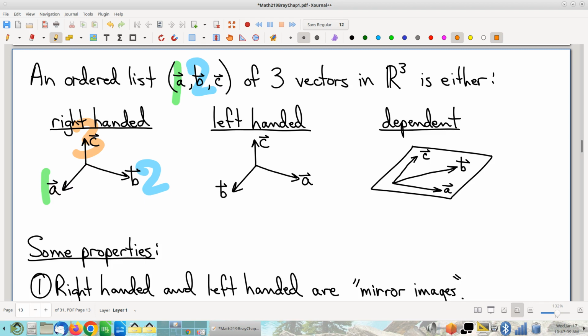Index finger in the direction of A. How do I get my middle finger to point in the direction of B without cheating? Well, I would have to do this. In which case now my thumb points down, but C is pointing up, and so again, not pointing on the same side of the plane. Everybody good? Okay. So we have right-handed, we have left-handed, and